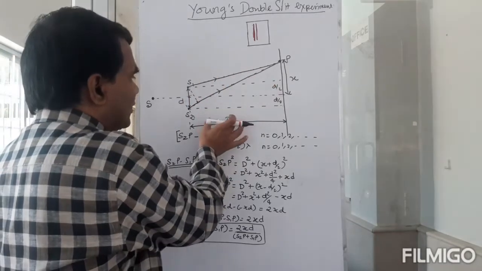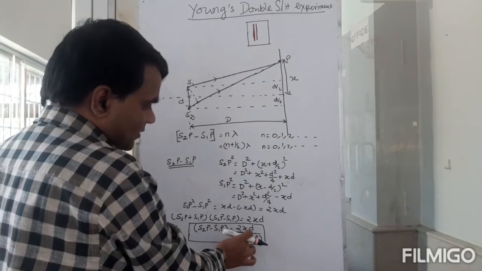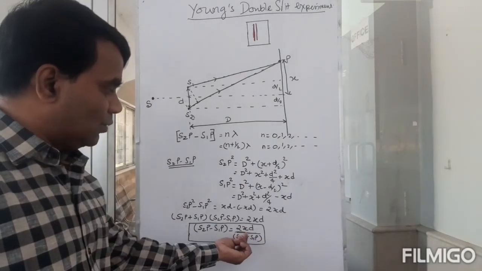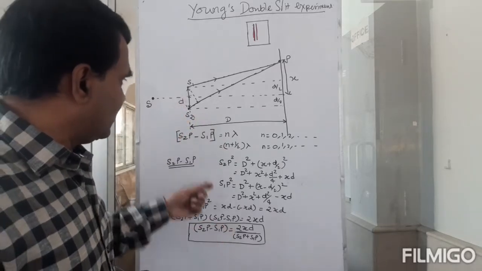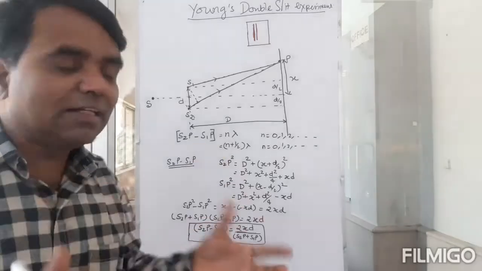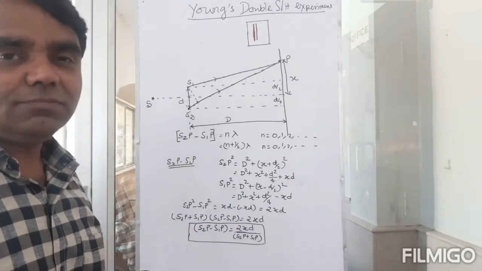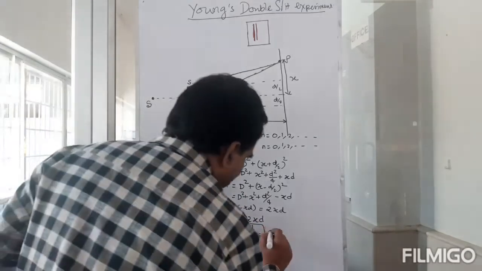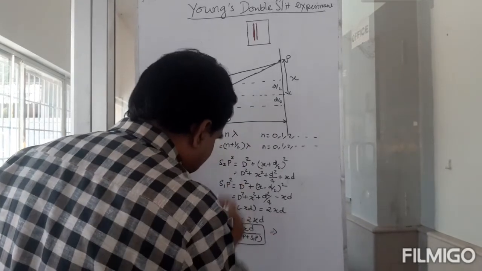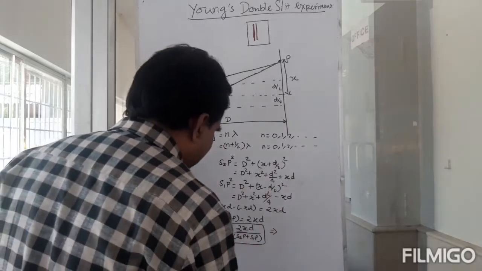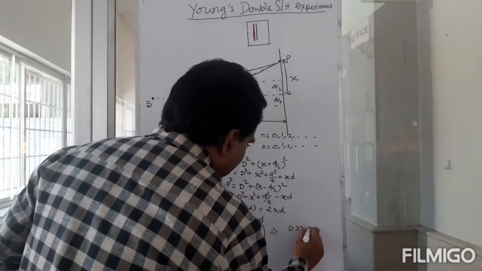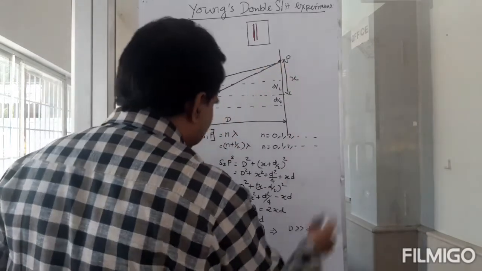The S1P and S2P will almost be equal to D, and because they are in addition here, this D and x would make little difference to this. Okay. So I would say, in that case, what happens is, if D is too far, if D is much greater than d and x, okay,